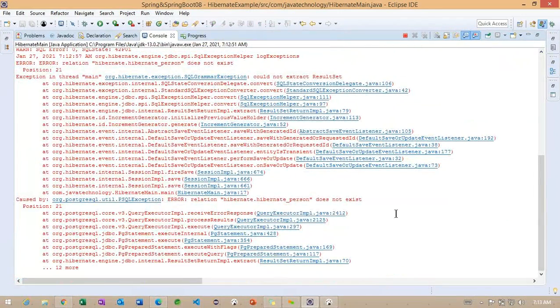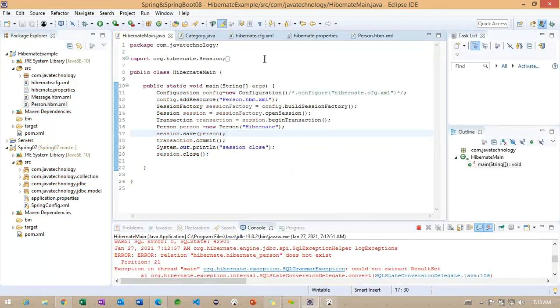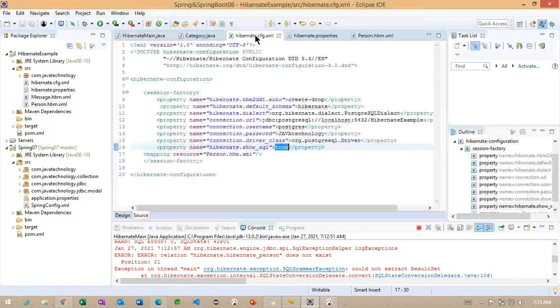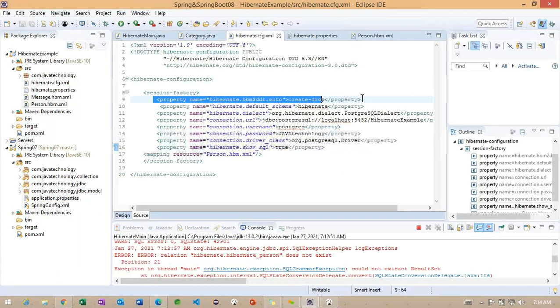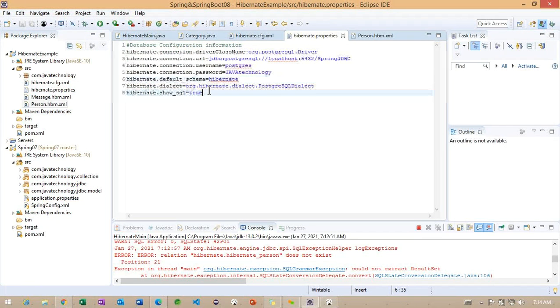Okay, let me read the error here. Relation. Okay, we are missing the same here. So now what can I do? This is what we are missing.